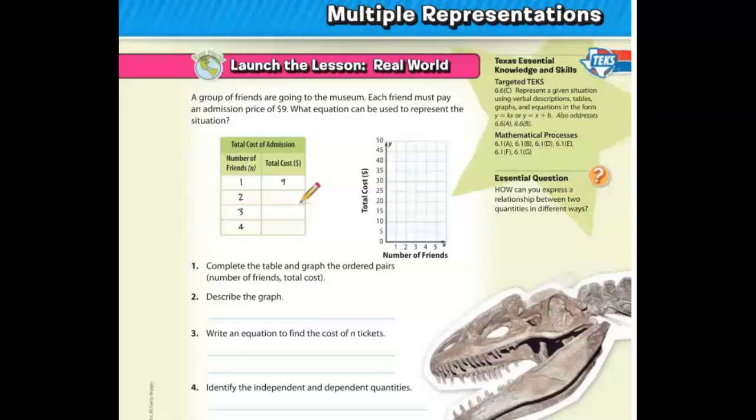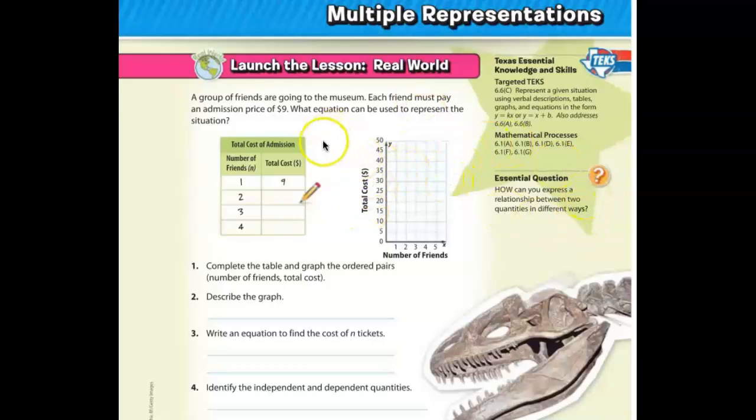Make sure your book is open to page 459. Today we are working on Chapter 6, Lesson 4, and this is called Multiple Representations. And we've kind of alluded to this before. We can have an equation that's connected to a table that then can be graphed. So all of those three different things represent the same idea, the same relationship, and that's what we're going to